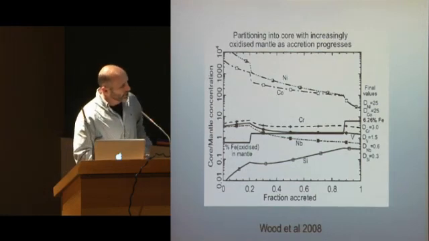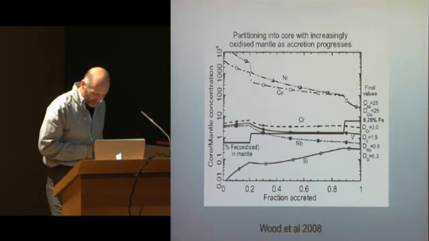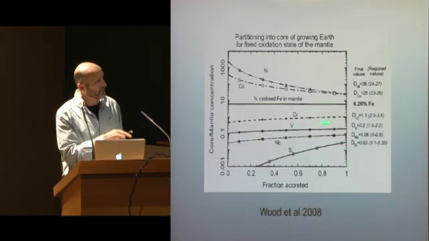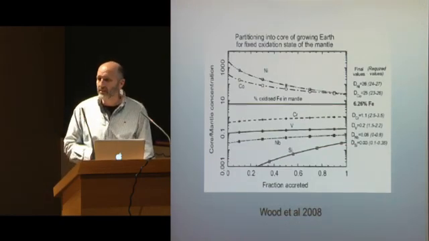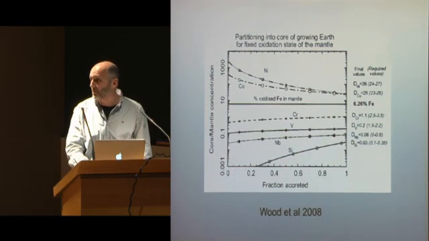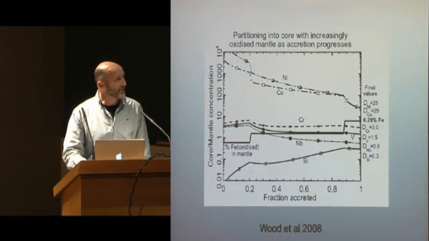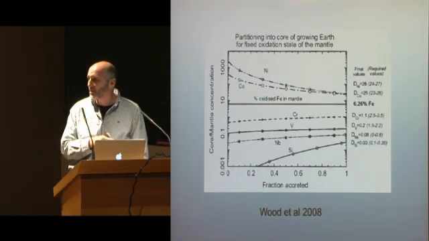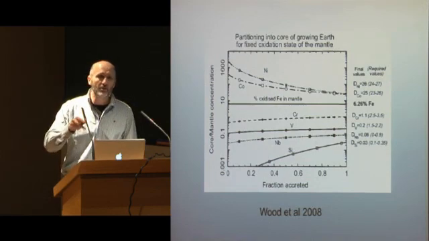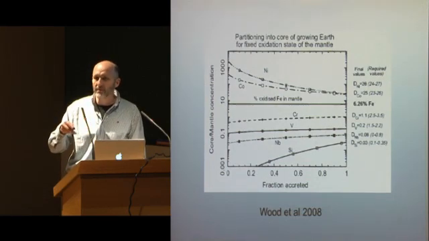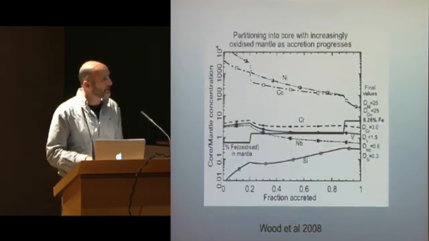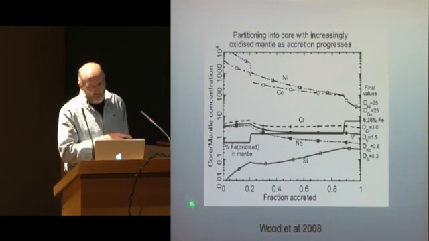So what Wood et al. did is said, well, okay, if we want to put vanadium into the core, the problem with it is it's too lithophile in our models. We need to make it more siderophile. And a good way to make things more siderophile is to make things more reducing. Okay? And at the same time, this particular model produces almost no silica in the core. So if we believe the earlier cosmochemical constraints that you need something like 6 or 7% silica in the core, a great way to stuff silica in the core is to make things more reducing. So this is quite an appealing thing to do, and what they've done is a progressive